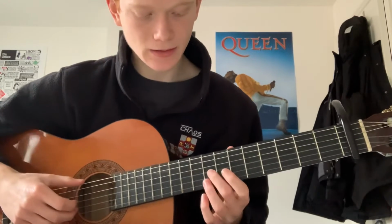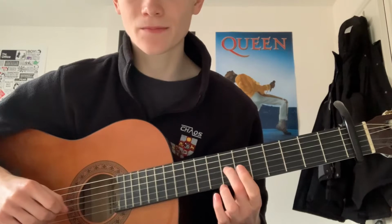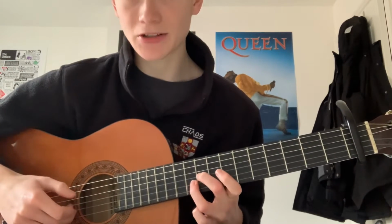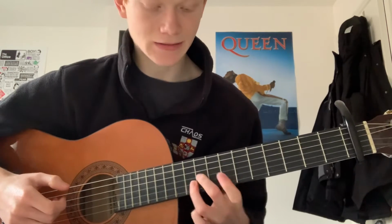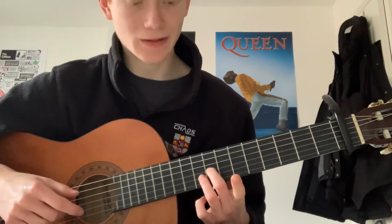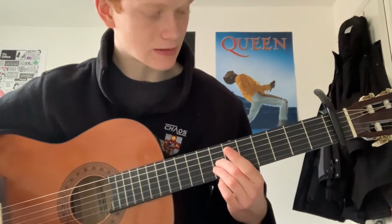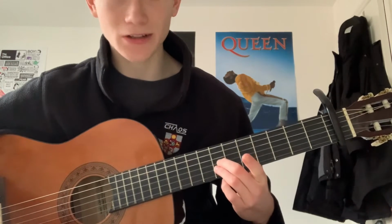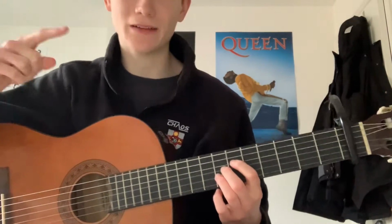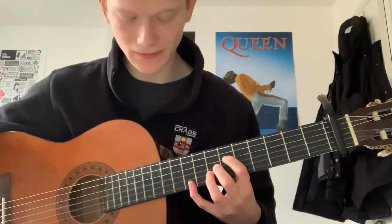So this is the 7th fret of the 3rd string, sliding up 2, dropping the ring finger on the 10th fret of the 2nd string, and sliding that shape down. So from here you slide these 2 fingers down to the 7th fret on the same strings, dropping this first finger on, like, 1 fret towards the tuning pegs of the 4th string,